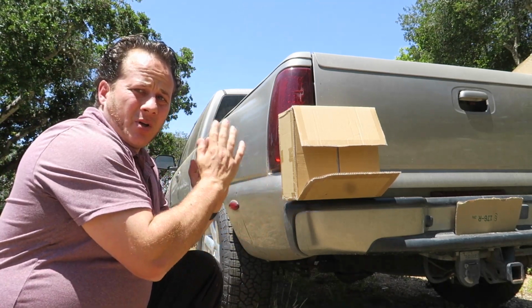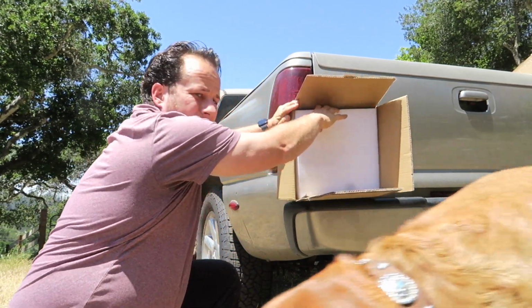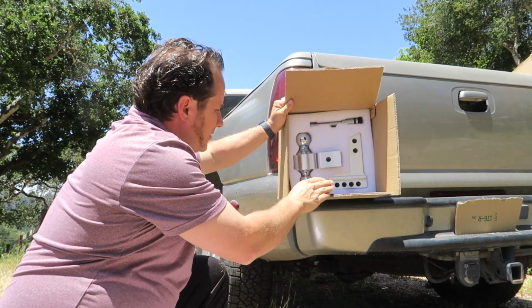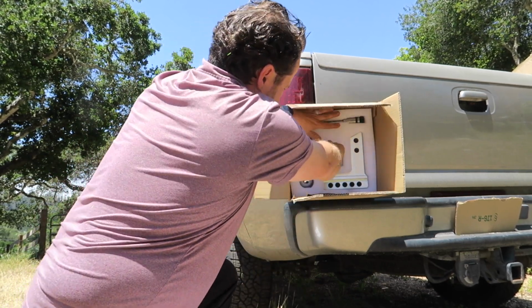Today I am going to be checking out this adjustable trailer hitch. Look how nicely packaged this all is. Look at that. Everything is nice, made of high quality aluminum. This is a 4-inch drop or rise hitch. Right here